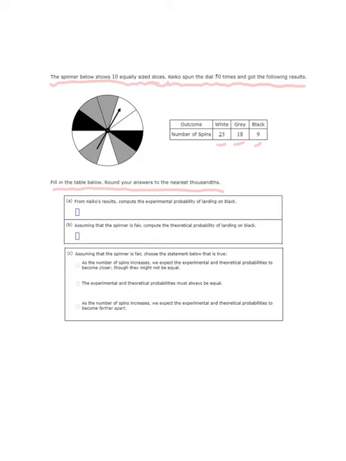All right, so here we go. From Kyoko's results, compute the experimental probability of landing on black. Okay, so experimental probability, I would go from her 50 rolls. I'm just going to look at those 50 rolls, and 9 of those are landing on black. 9 out of the 50. All right, so I would say the experimental probability would be,